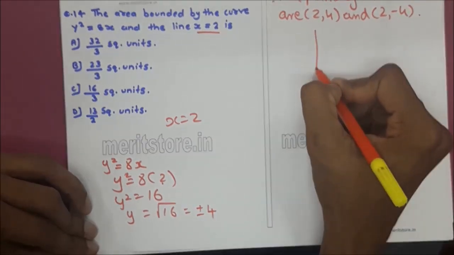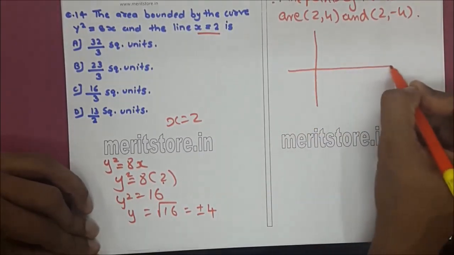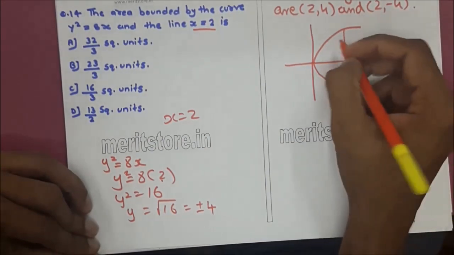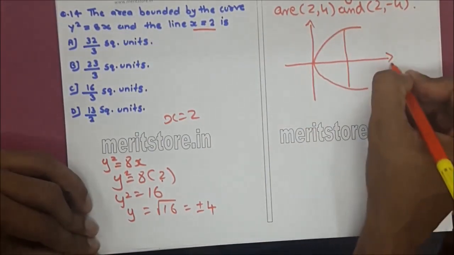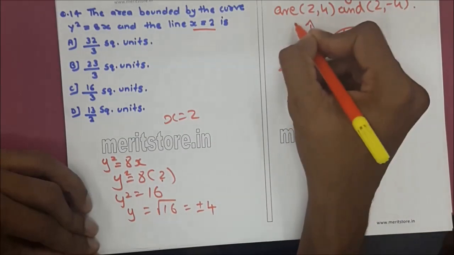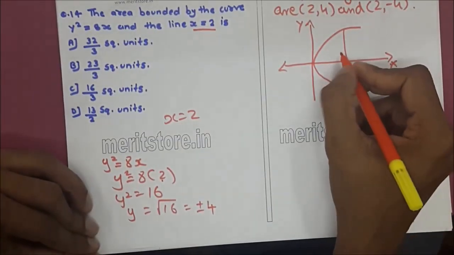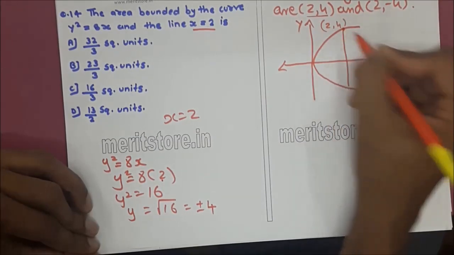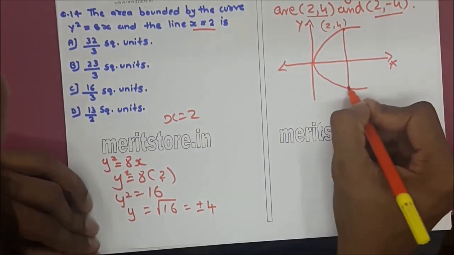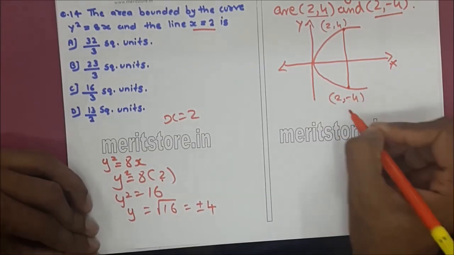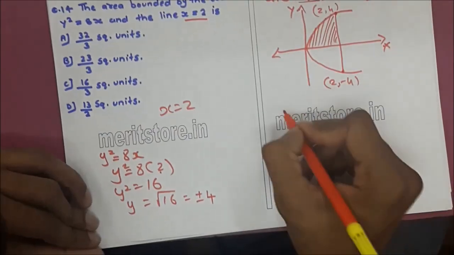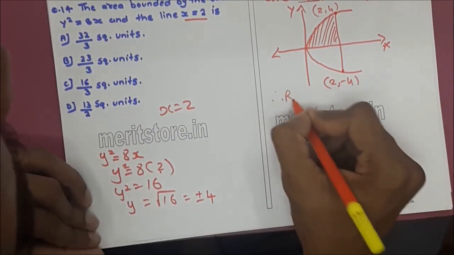In the diagram, the parabola is symmetric about the x-axis, and the region which is bounded is between 2, 4 and 2, minus 4, and that is the area to be found. So we take the required area,